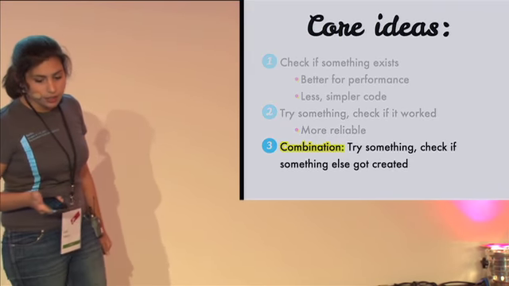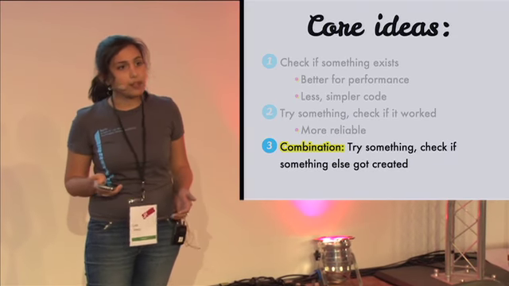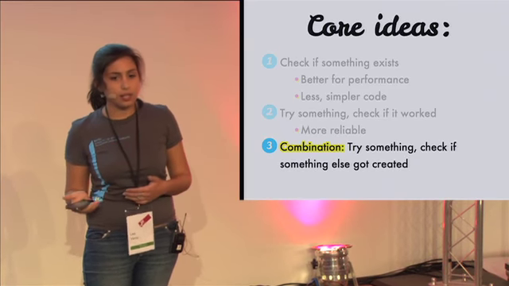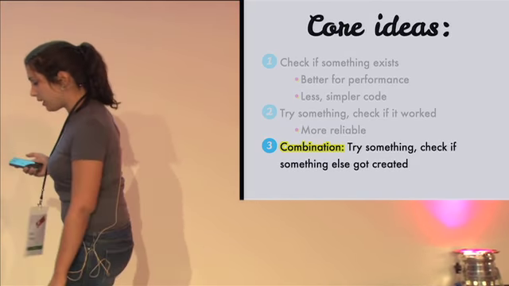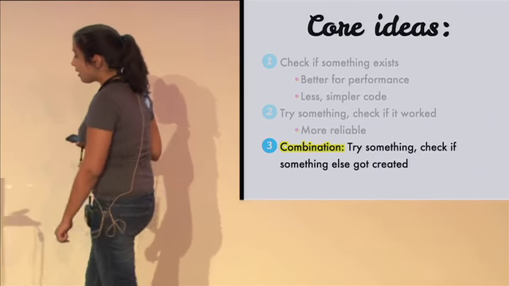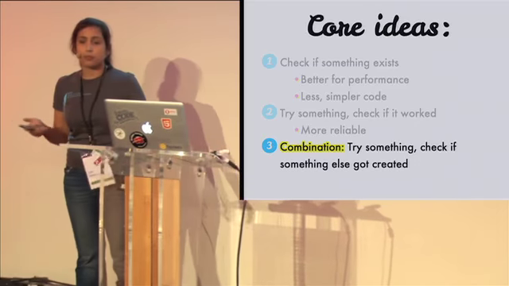And the third method is a combination of the previous two. You first try something, and then you check, did it actually work? Was something created? So let's try and see how we can detect a few common CSS, HTML, and JavaScript features